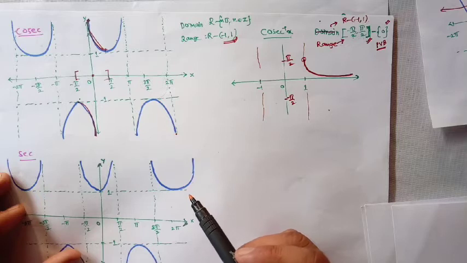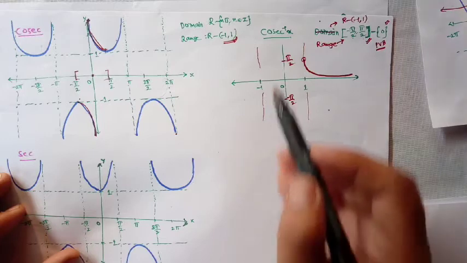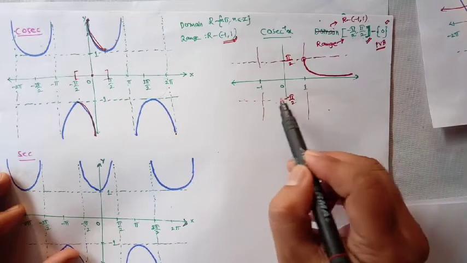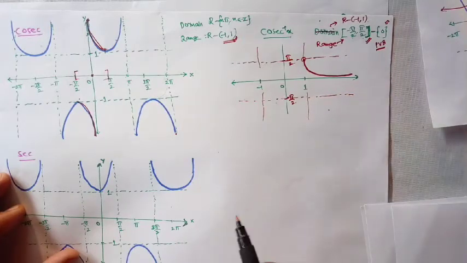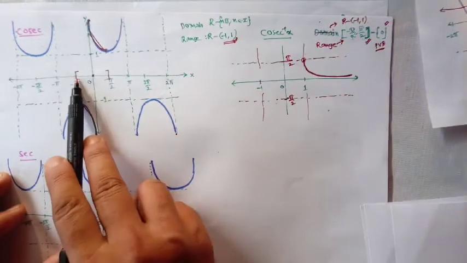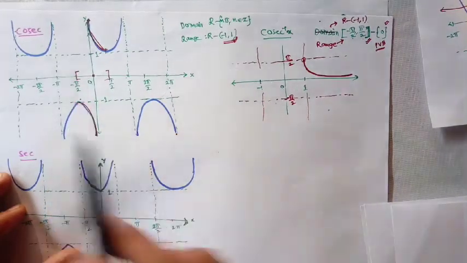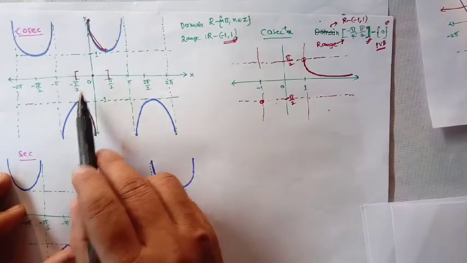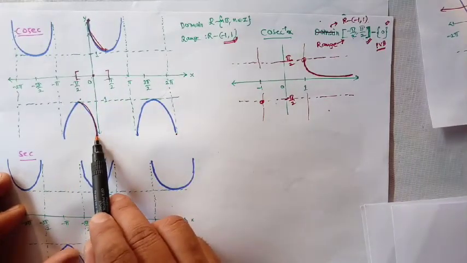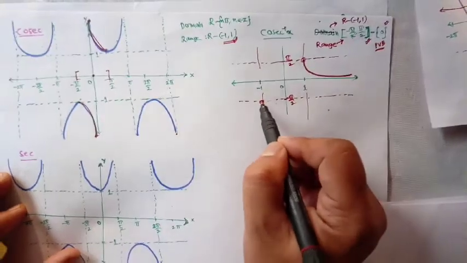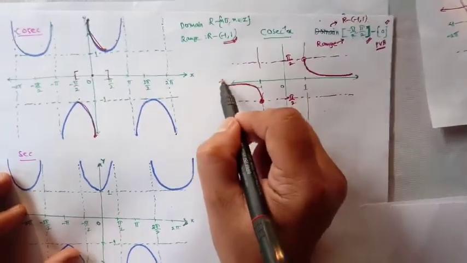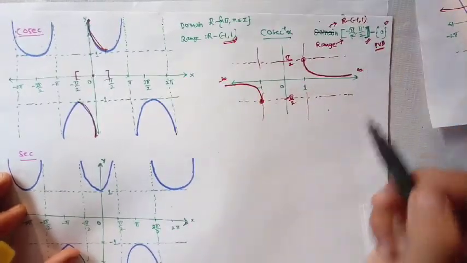And coming to the next, minus pi by 2 to plus pi by 2, and here also we make one restriction: the graph will not go above pi by 2 and below minus pi by 2. At minus pi by 2 it is taking minus 1. And next, at 0, it is reaching minus infinity, so this will be the graph, reaching minus infinity. It is very important.